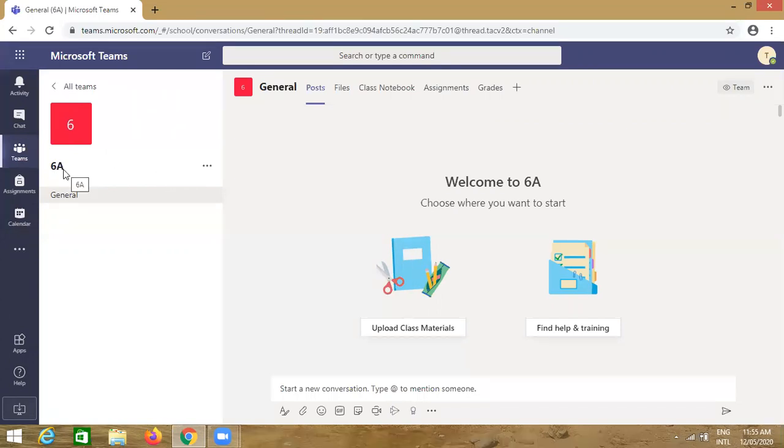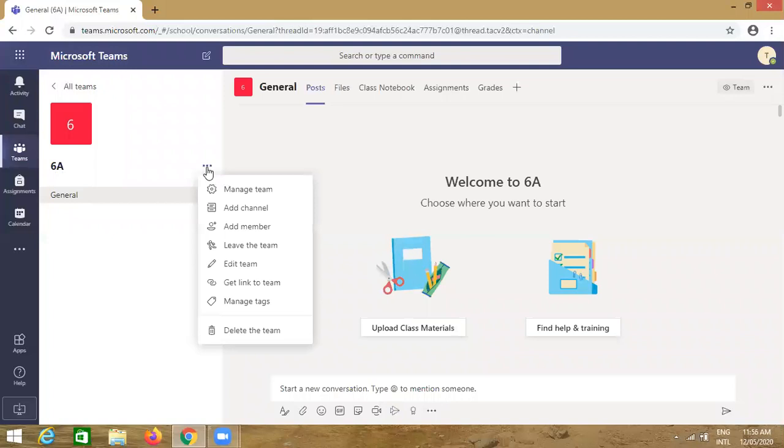First see what are the features in this class. Here this is the more options button. Click on it. Since you have created it, you can manage the team. You can add channels. You can add members. You can leave the team. You can edit the team details.